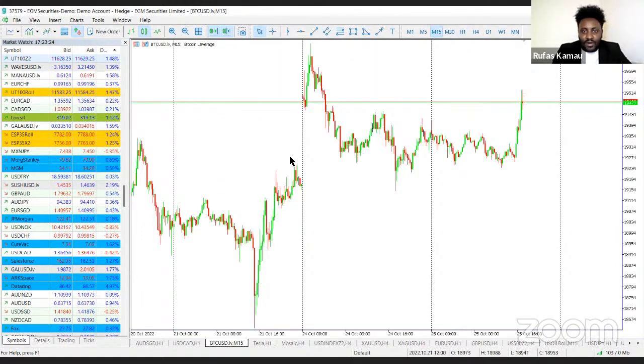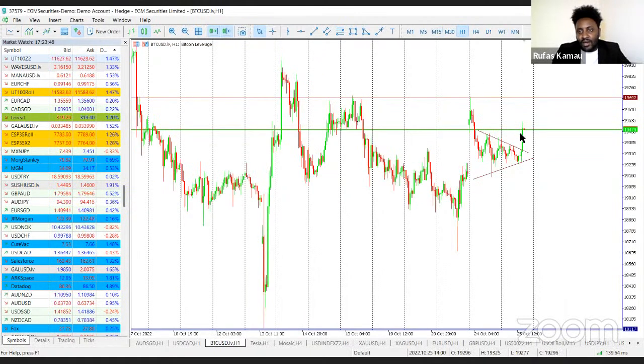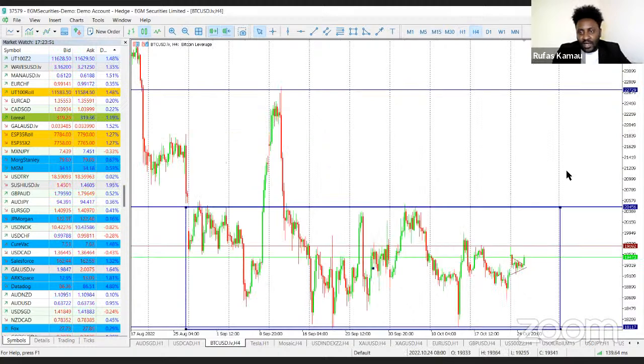If you go to a smaller time frame, the 15 minutes time frame, it's quite clear that the market was trading in a triangle. Then the triangle was broken 2 hours earlier, and now we expect some further momentum pushing Bitcoin towards the higher side. A nice target would be yesterday's high, which was around 19,692, and if that high is broken, then potentially the Bitcoin price rallies towards the previous high, at a price level somewhere around 20,456.